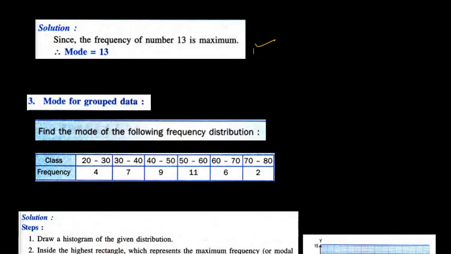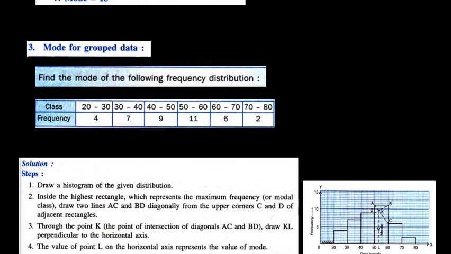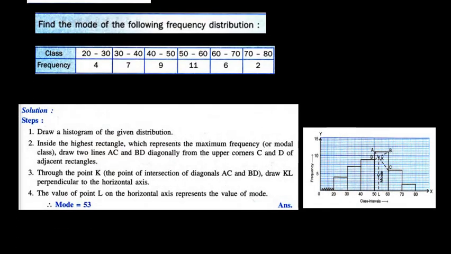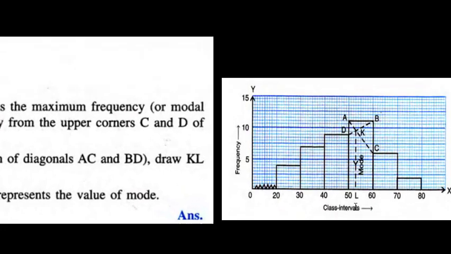Now for grouped data, like here 20-30, 30-40, 40-50, 50-60, it is given like this. We have to calculate mode. Here we have to draw a histogram. You all know how to draw a histogram, you have done it in 9th standard. So here you can see that I have made a diagram. It starts from 20. So 0 to 10, 10 to 20, nothing is there, so we can use this symbol. This is called a kink. It indicates that these values are not required, so we curtail them. So here we start with 20. First we mark 20, 30, 40 like that.